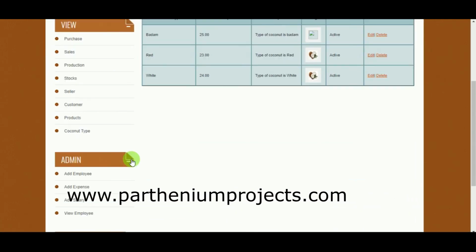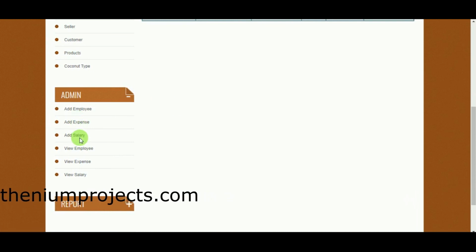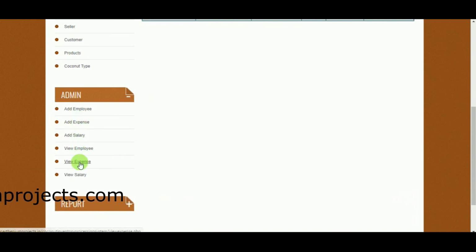Next you have admin. Under admin you can add employee, add expense, add salary, view employee, view expense, view salary. First one is add employee.